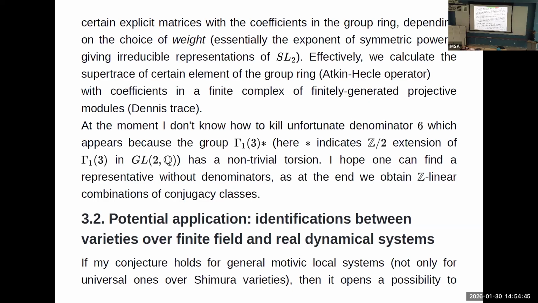What I claim is that one eventually gets something absolutely remarkable. One can get canonical identifications, many canonical identifications, depending on how lucky you are, between varieties over finite field and real dynamical systems. Kind of like C-infinity manifolds. So this. Yeah, suppose I have at least one trivial example. The thing works more or less, and